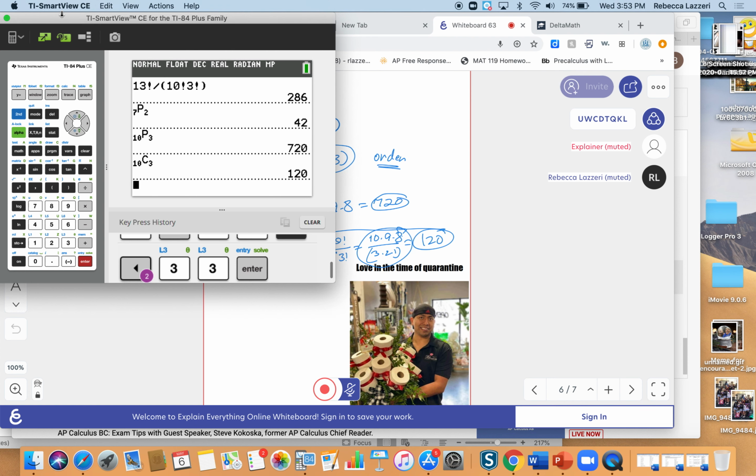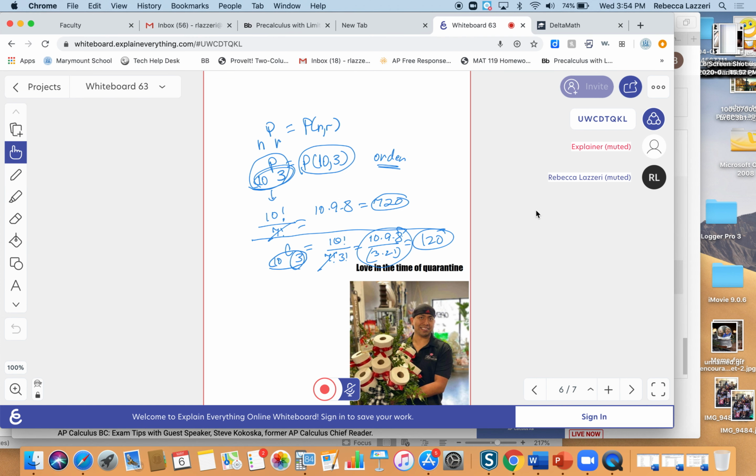I'll show you when you're allowed to use your calculator on your homework and when you're not. Another thing about combinations, you might see it written like this. You might also see it written like this, and you've even seen it written like this.